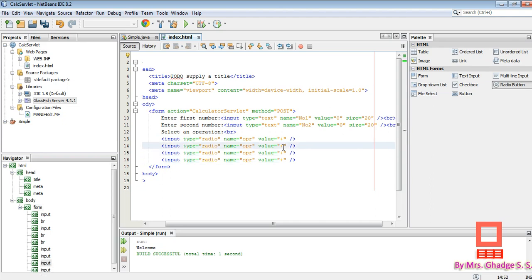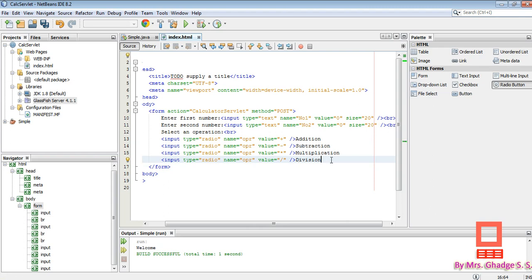So plus, just change the value, plus, minus, then star, and then division, and in front of it write the operation name, that is addition, subtraction, multiplication, and last one is the division.